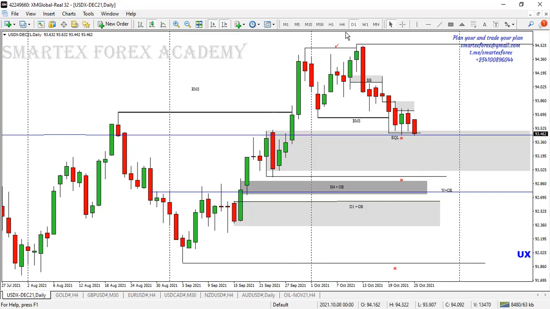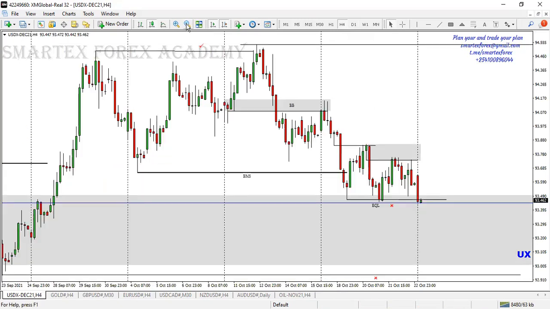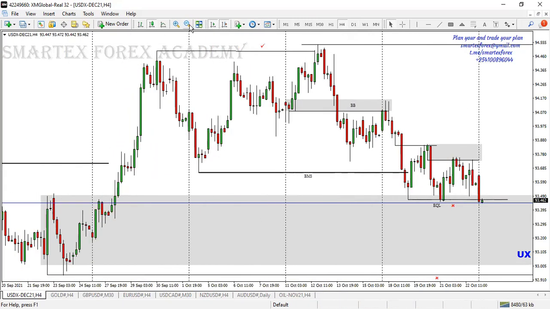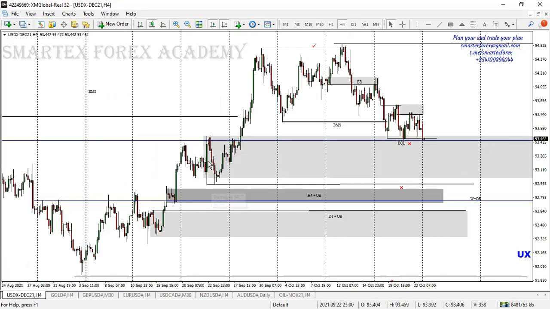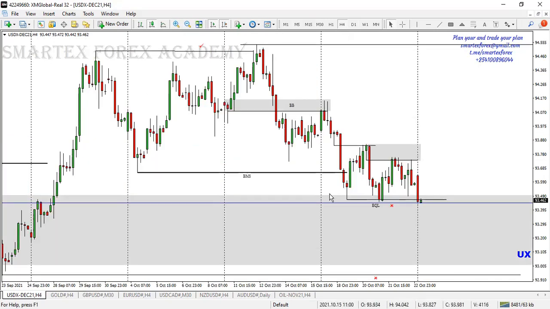Then after this, we need to see what we have in the 4-hour time frame. Now in the 4-hour time frame, you can see this is the bullish OB, and the mitigation block here, and we had this equal low. Last week the market created equal lows here, which have already been taken out, right into the mitigation block of the weekly time frame. And so this one is not an X anymore, so we tick